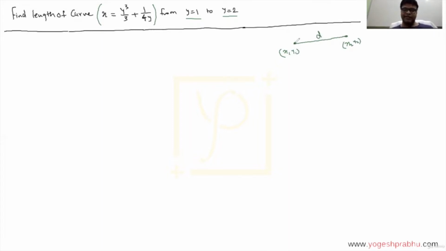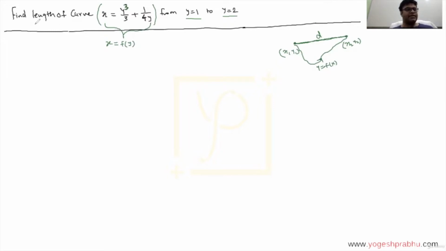But now, instead of having a straight line, what if you have some curve? The equation of a curve can be anything, say y is a function of x. Usually it is y as a function of x, but in our case, it is x as a function of y. And this is a curve. You can clearly understand that when you have a cube or a higher degree than 1, a square, cube, power 4, it is definitely a curve and not a straight line.